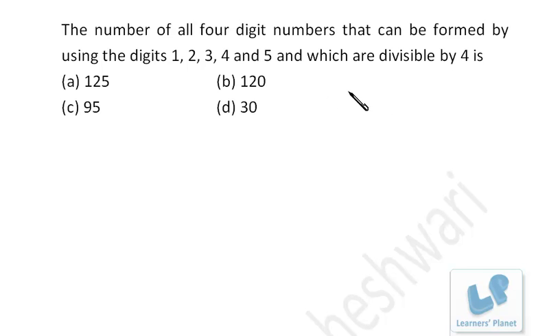Suppose for example 12, then no other combination from 1, then let's take from 2, so it's 24, right? From 3, 1 is not there, 32,